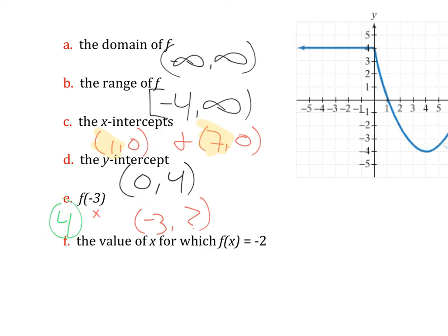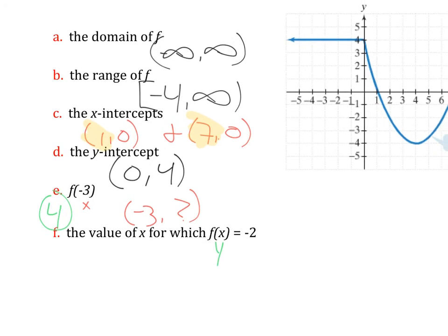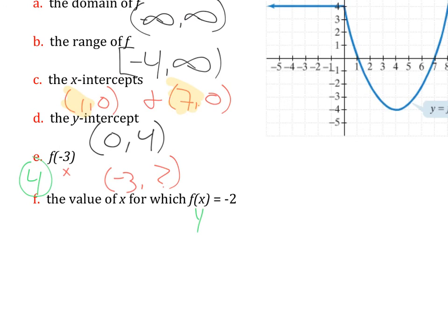And then find the value of x for which f of x, aka y, is negative 2. Find the value of x for which f of x is negative 2. So that means we don't know the x value, but we know the y value should be negative 2. So if I know y is negative 2,